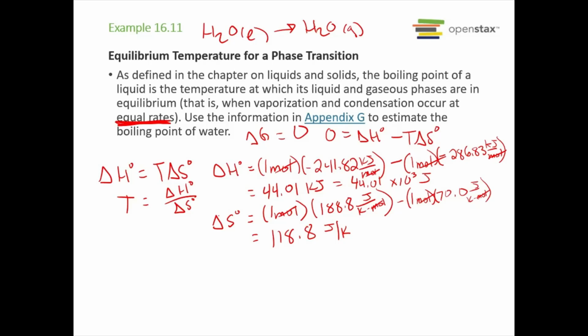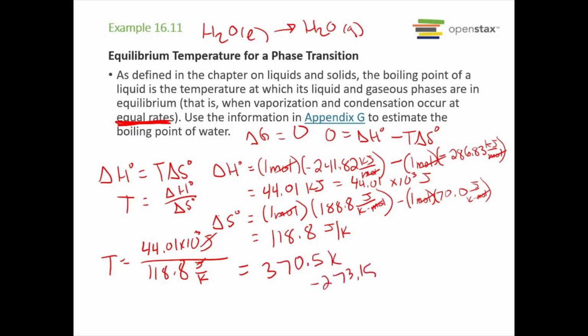But yeah. Okay, so now our temperature is equal to delta H, which is 44.01 times 10 to the third joules, divided by delta S, 118.8 joules over Kelvin. So now you can see where our units come into play. 1 over K brings that Kelvin back up to the top. And this gives us 370.5 Kelvin. And then if we subtract 273.15 from that to give us degrees Celsius, we get